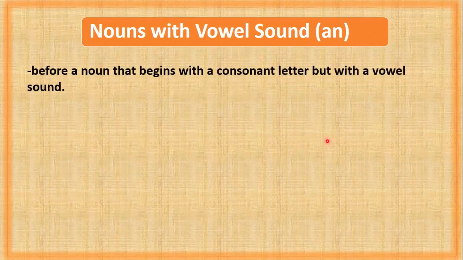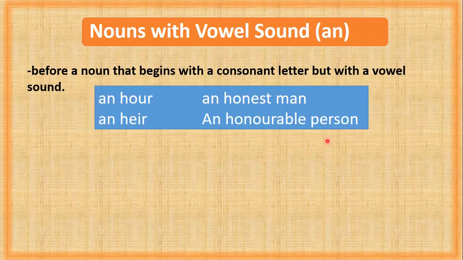An is used before a noun that begins with a consonant letter but with a vowel sound. Generally, we notice H. H is a consonant letter, but in many words H is silent, like hour, honest, heir, and honorable person. So in front of these words, we do not go for a, rather we go for an, because these words